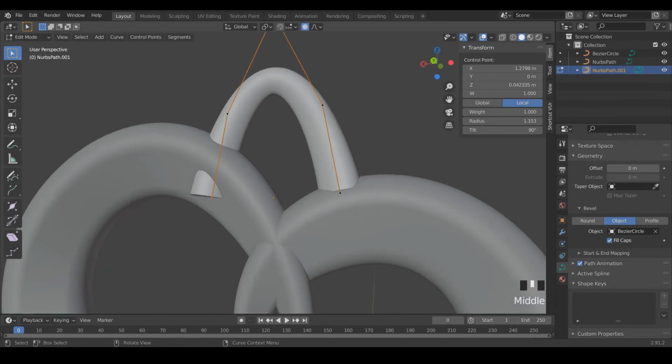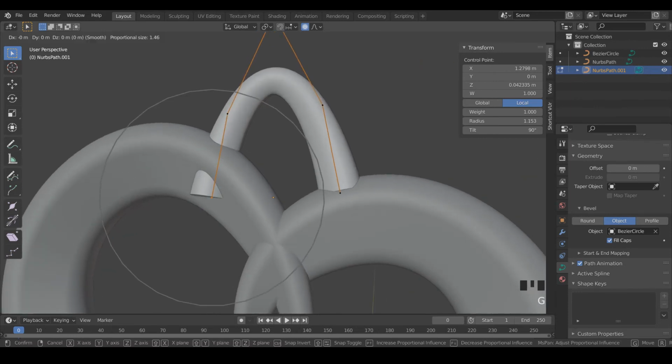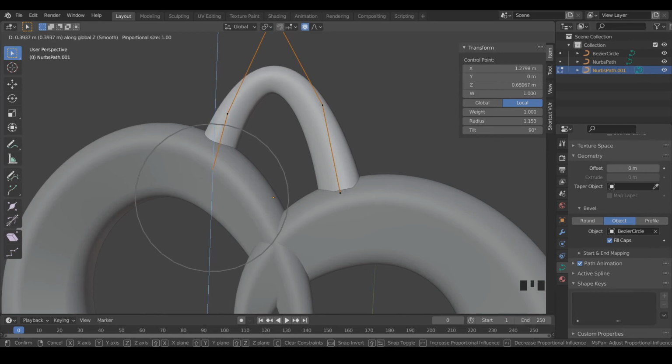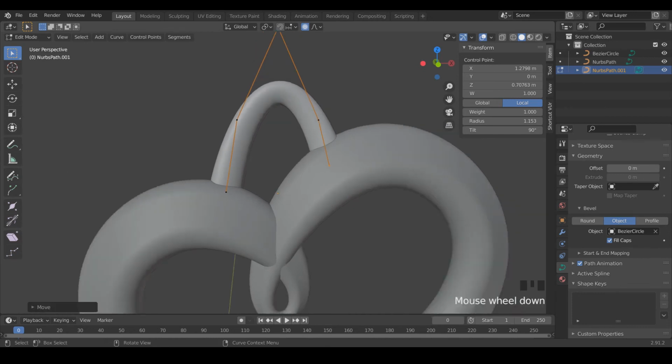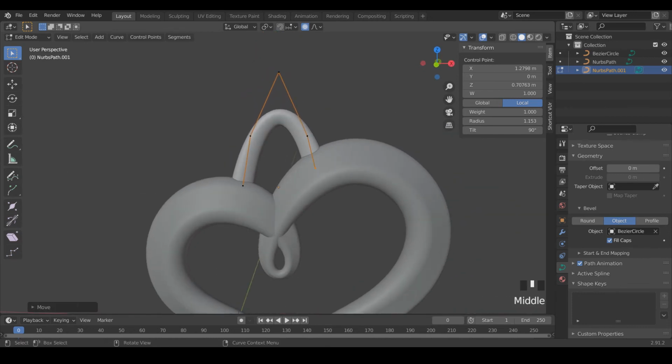Grabbing this one that's sticking out, I'm going to hit G and then Z just to bring this one up. And that's looking pretty good.